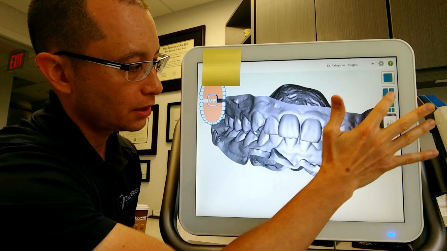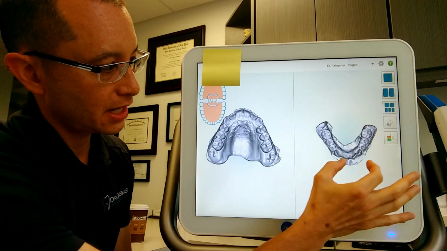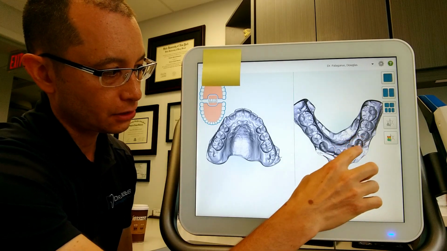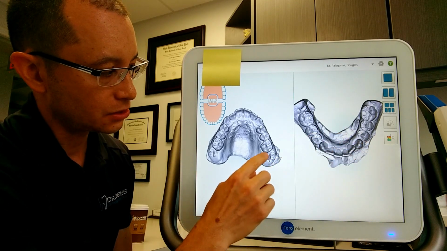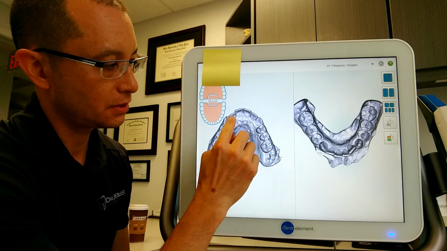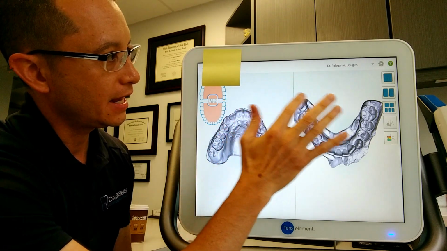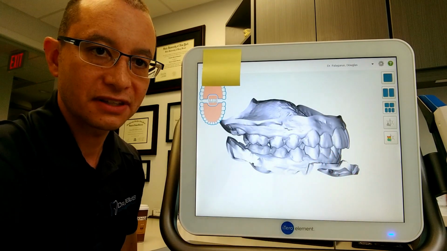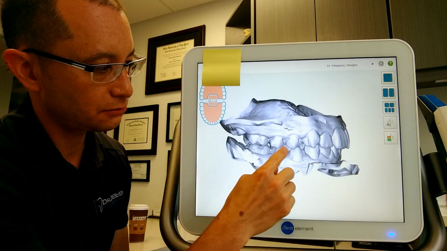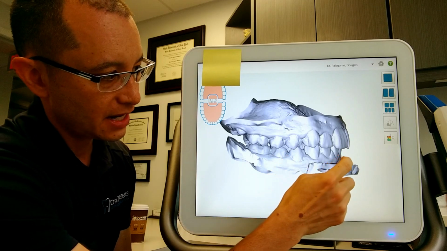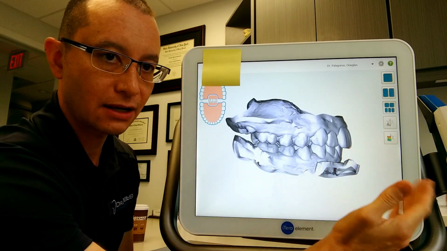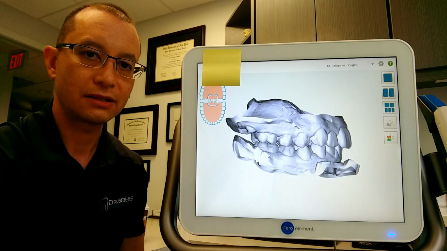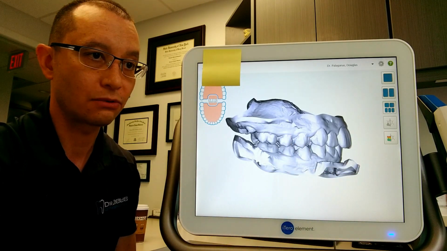But what we really want to look at is, for example, the alignment of the teeth, and we can demonstrate to you the crowding that we have here on the bottom, as well as the crowding here on the top. You can see where the teeth really just aren't straight in that area. And if we put them back together, we can also see how the bite really doesn't fit together. So for example, we don't see these teeth really zippering together the way they should, and we have some protrusion of the top teeth where they're sticking out a little bit too far in front of the bottom teeth. And these are some of the typical situations that we're usually correcting with orthodontic treatment, whether it be with braces